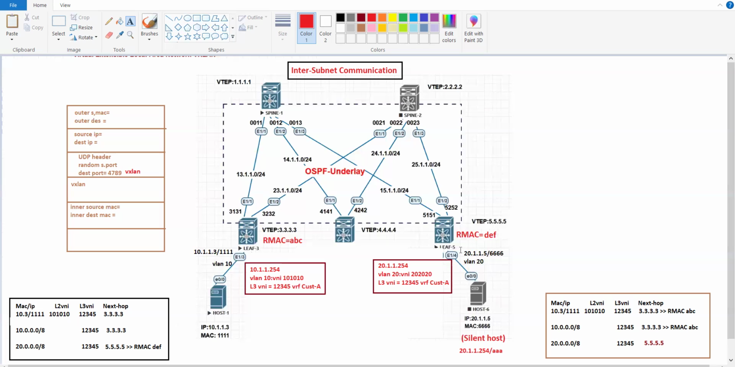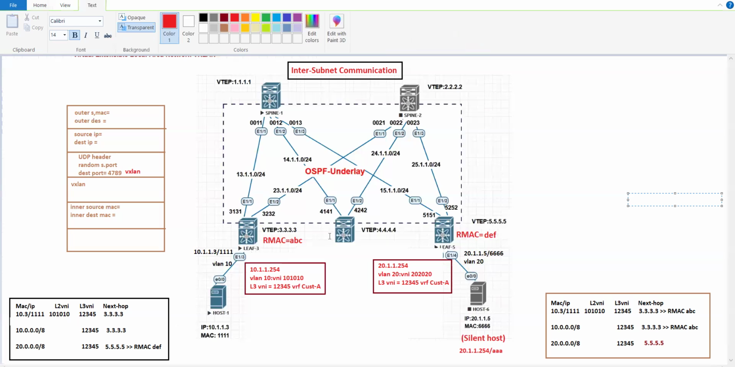But in this case, now you can see that because leaf 3 is having only VLAN 10 or the host in VLAN 10, there is no host in VLAN 20, there is no configuration related to VLAN 20 or VNI 20 on leaf 3. Likewise, you can see on leaf 5, we do have only the Anycast gateway configured for SVI or VLAN 20, which is 20.1.1.254. The layer 3 VNI 2020 is the same on both sides because they're part of the same VRF